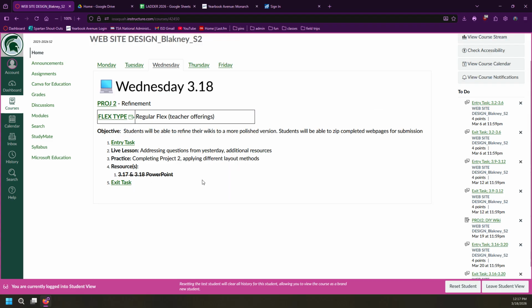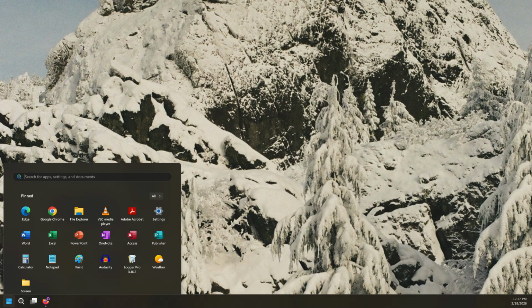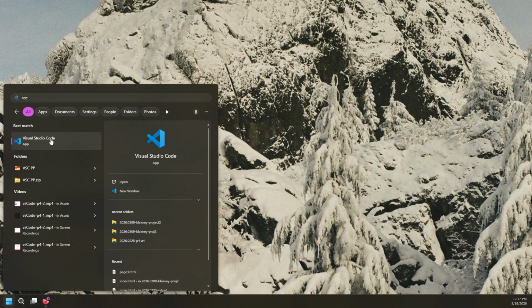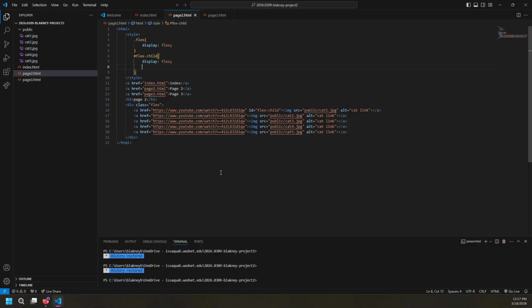Okay, so at its core, a Flexbox is very simply a container. You're going to see this is project 2 from the other period. It's very simply a container with some default rules that make it behave a little bit more like the websites that you're used to. Taking your websites from just black text on a white page, just default stuff, and actually starting to position our things around a little bit